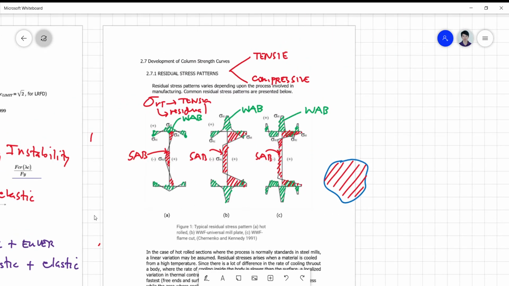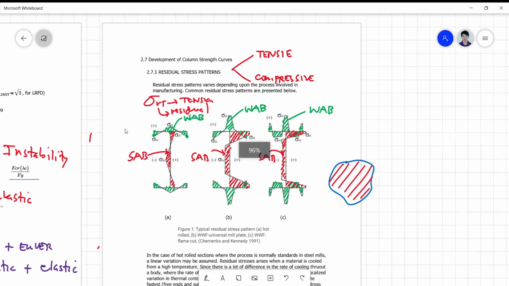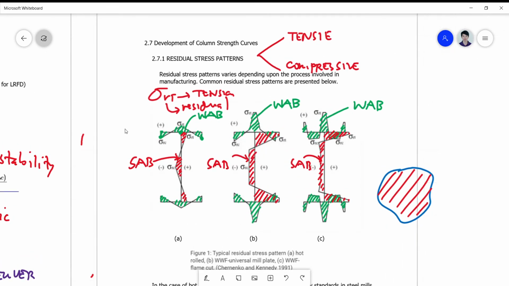Okay guys, let's study now some residual stress patterns. Before we are able to do the column strength curves, we need to understand how residual stress patterns are made. Okay? So residual stress patterns vary depending upon the process involved in manufacturing, and the common residual stress